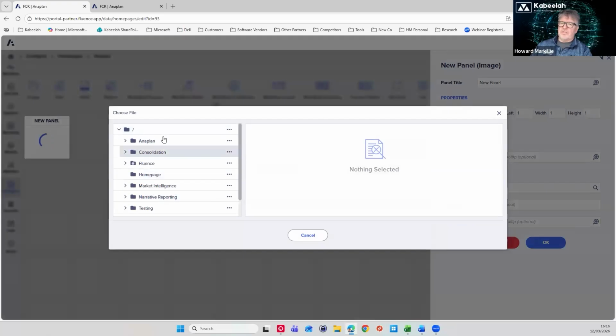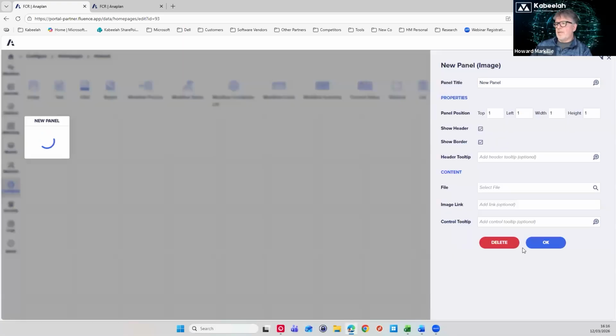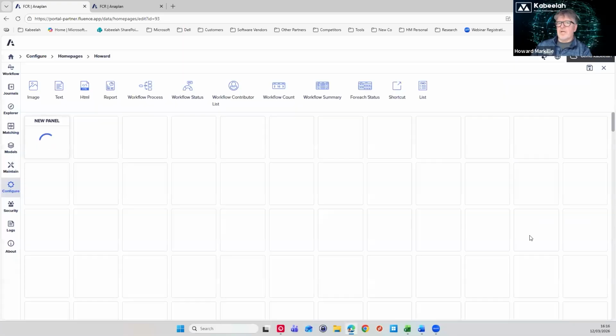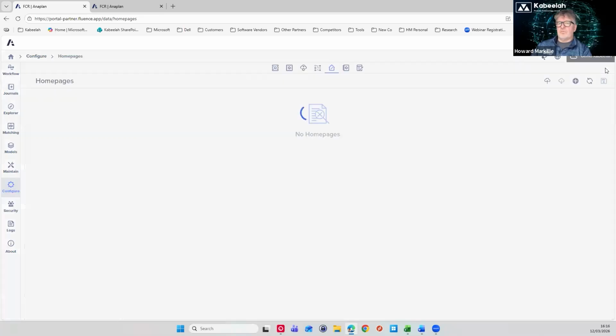They all have to be uploaded into Anaplan Excel to do that. And then click OK, and it's in the file, in the report. I can put HTML links in, I can put text links in, etc. Reports, as you saw before, you just specify the width and depth of the cells that you want to report, and that's how you format it. So again, very easy, and an easy option for users